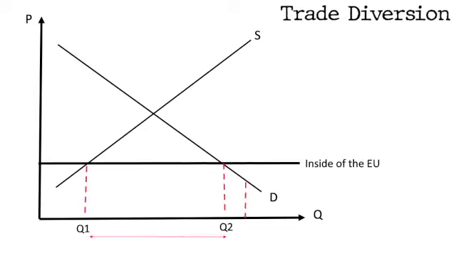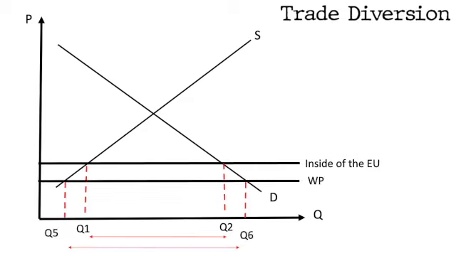So what we've got is a situation where, let's imagine that this was the price inside of the European Union. Right? As you can see, it's much cheaper than the UK could produce it domestically. So therefore it looks pretty positive. It looks quite good. But now actually, if we think about the world price and outside of the European Union, the world price is there. And when we look at it from that point of view, the UK are now thinking, well, actually, it's cheaper to buy it from outside the European Union, from a non-EU country, and therefore I'd rather buy it from there, because you'll be able to see how big the increase in the consumer surplus is, which I'll delve into in a minute.